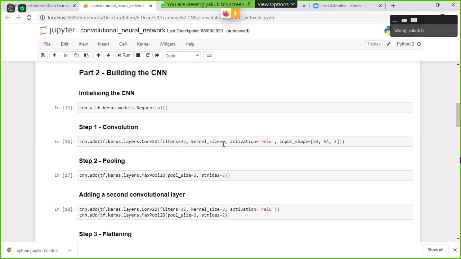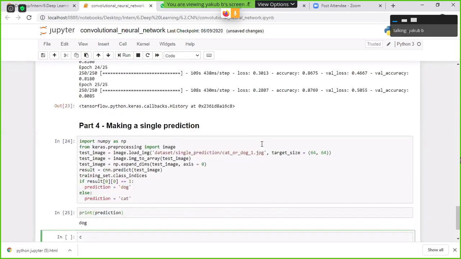After that, we are specifying the kernel size. What is the purpose of this kernel size? Kernel size is nothing but the filter size. The filter size here I am specifying as 3, so I am taking the filter size as a 3 by 3 matrix. After that, as I already told you, to avoid information loss, that is, to avoid the vanishing gradient problem at the hidden layer, we always need to use ReLU as the activation function. After that, we need to specify the input image size.